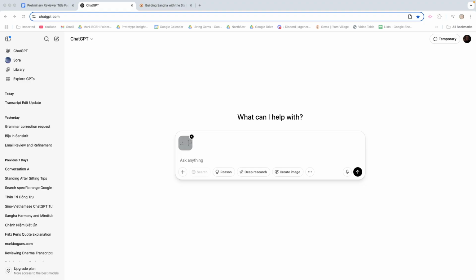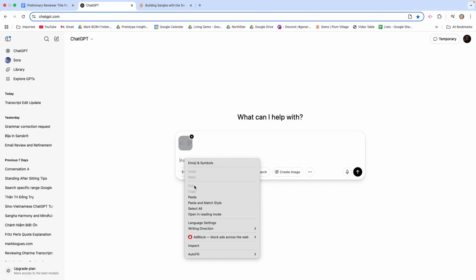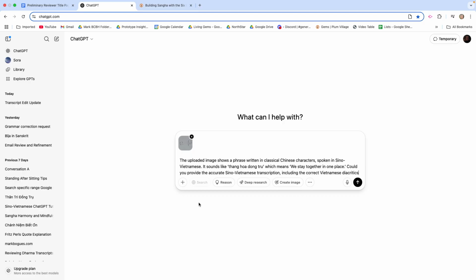So I will copy the question that I already put together and paste it in here. I can use Command V on a Mac keyboard or Control V on a Windows keyboard, or I could simply paste.